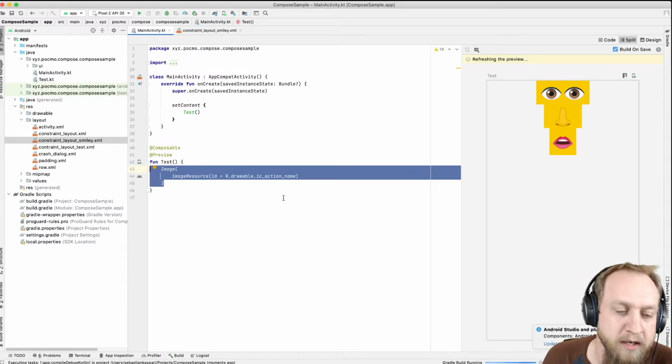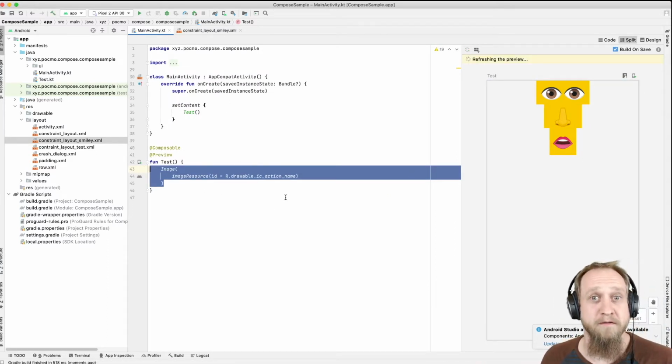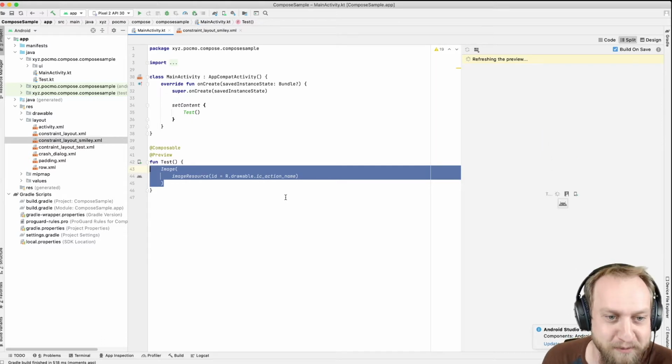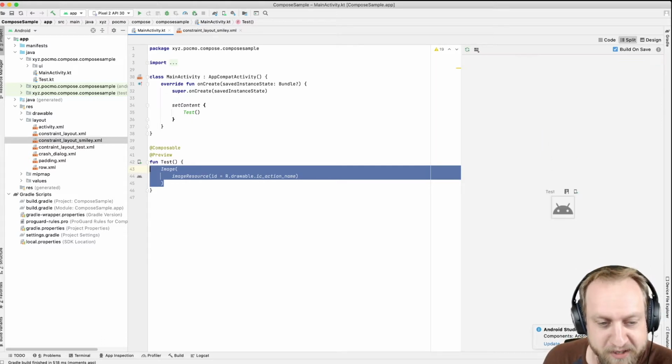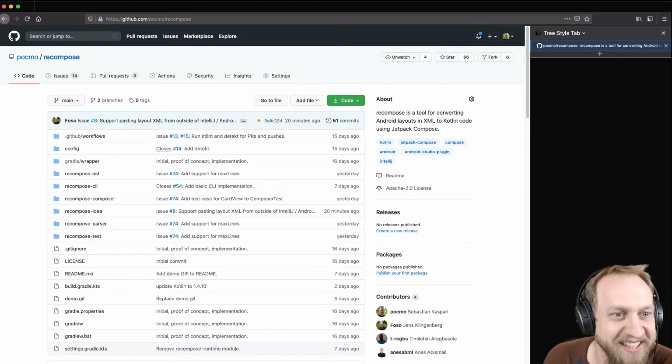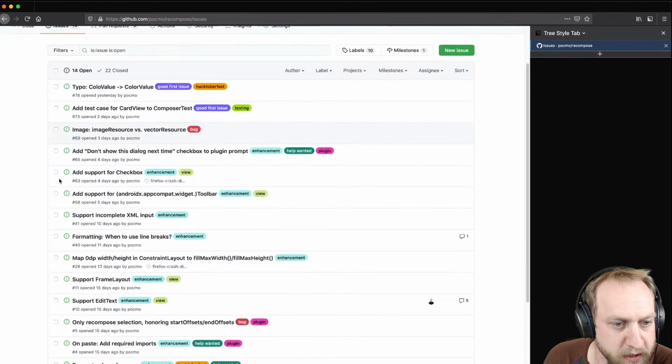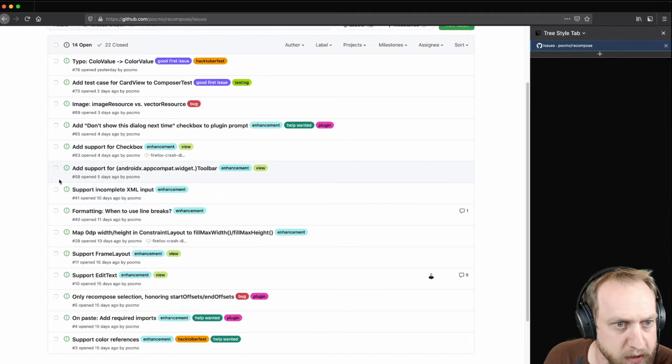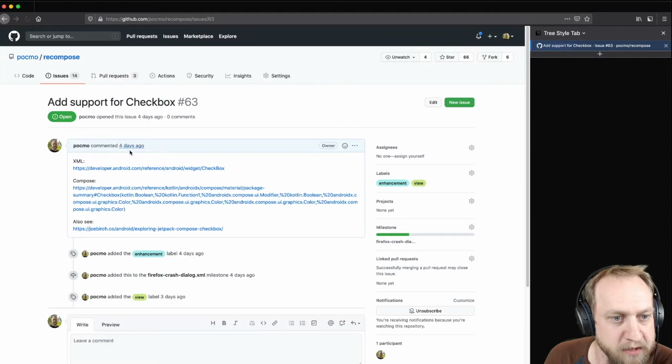And right now it supports a limited set of views and a limited set of attributes for those views. And the idea is to just extend it. And on the way, learn about Compose and learn about the internals of some of the views we have been using all this time. So there's one issue I already looked at that I think is a great candidate for today. That's adding support for CheckBox. A bunch of links here